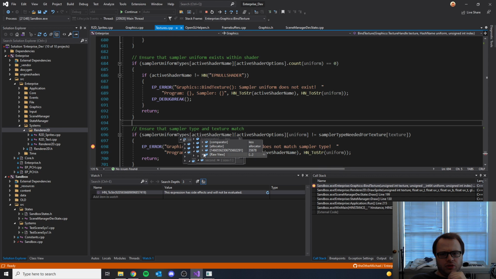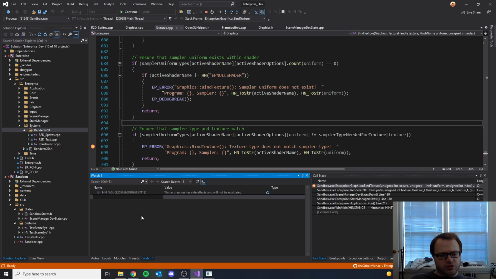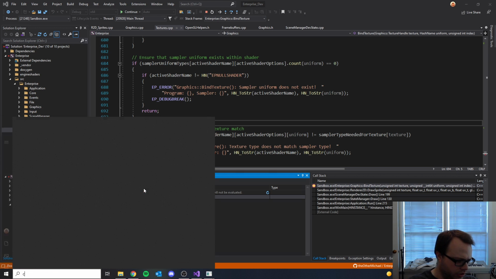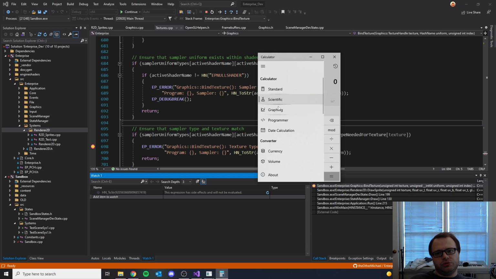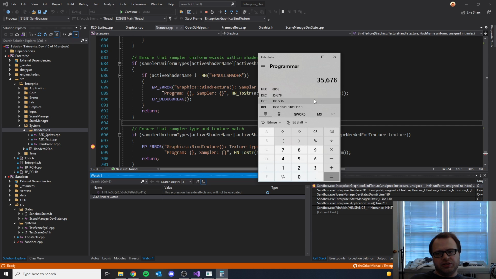Shader options. So we use the batched version, and the uniform begins in 14. Okay. Yep, and 14. Okay, so the type that we're using is this guy,